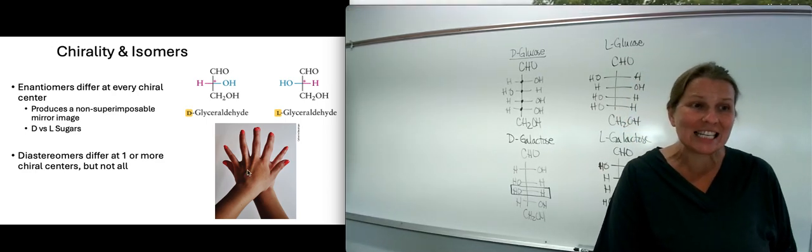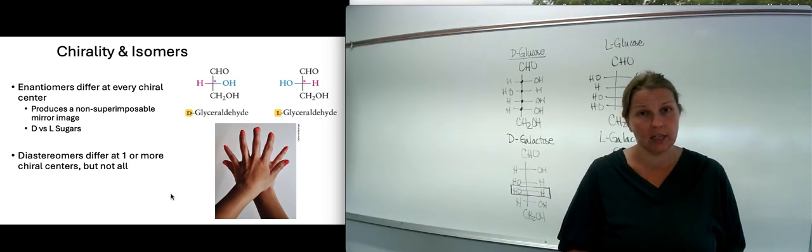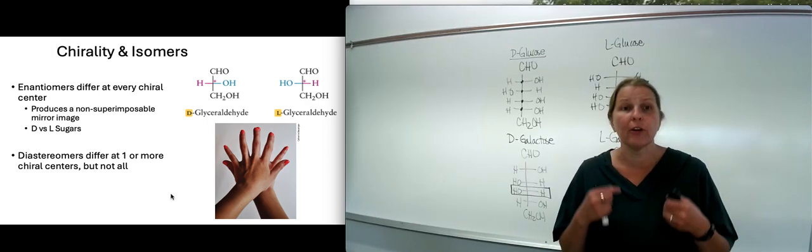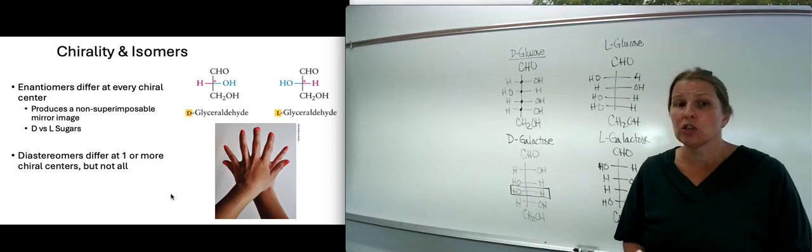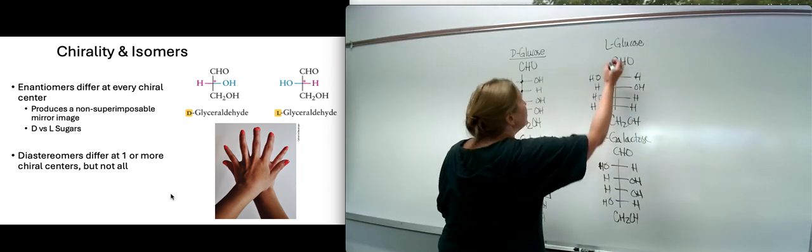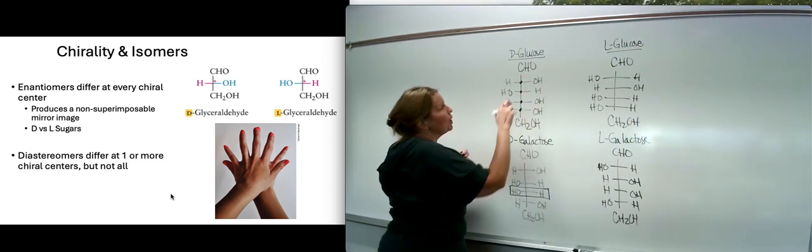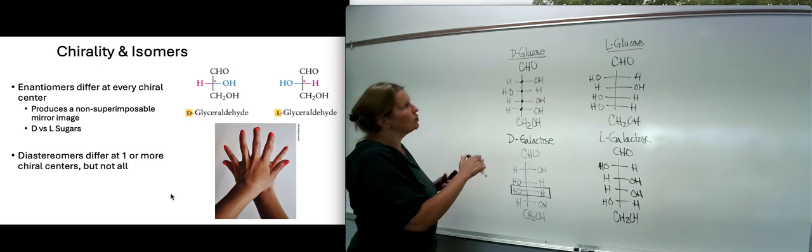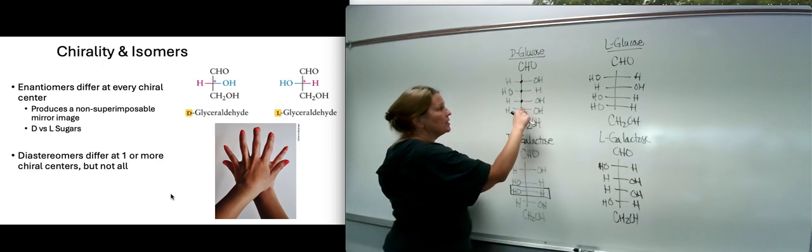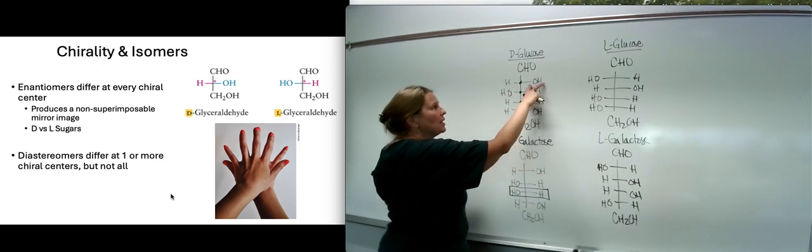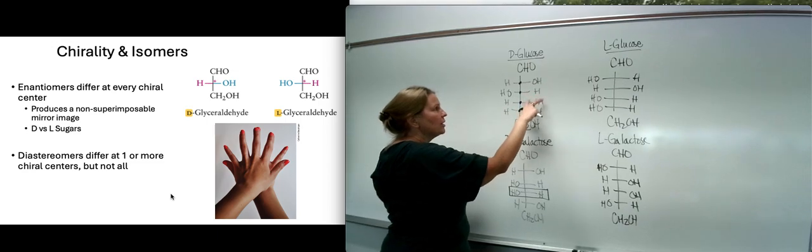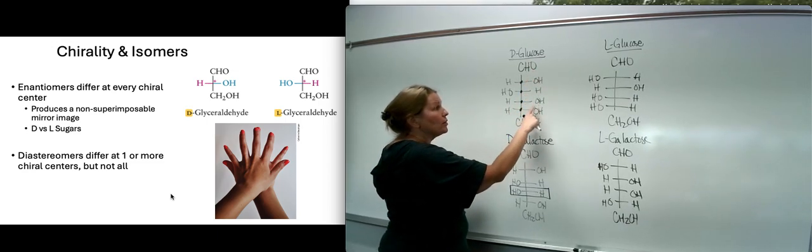So we have the D versus the L sugars. Those are enantiomers. So remember, enantiomers differ at every single chiral center. So for example, as I've drawn on the board here, we have D-glucose. D-glucose, again, has 4 chiral centers. So on these chiral centers, the first chiral center, the third, and the fourth, the OH group is on the